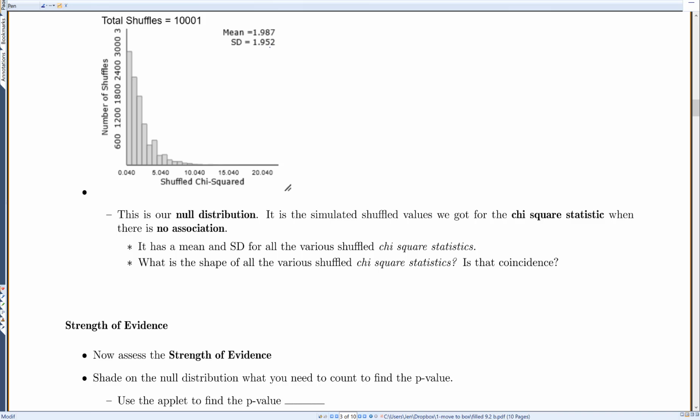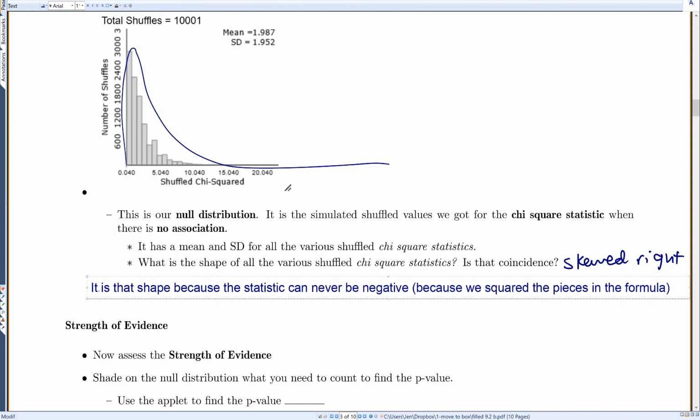Now the interesting thing here is look at this shape. What do you notice in this shape? Okay. It is skewed to the right. Okay. This is not a coincidence. This is because our statistic can never be negative. Remember how we squared things? Okay, we squared each piece, so our statistic can never be negative. That's why it looks like this. It's not symmetric because we can't have those negative values. Okay, so again, it is that shape, skewed right, because the statistic can never be negative because we squared the